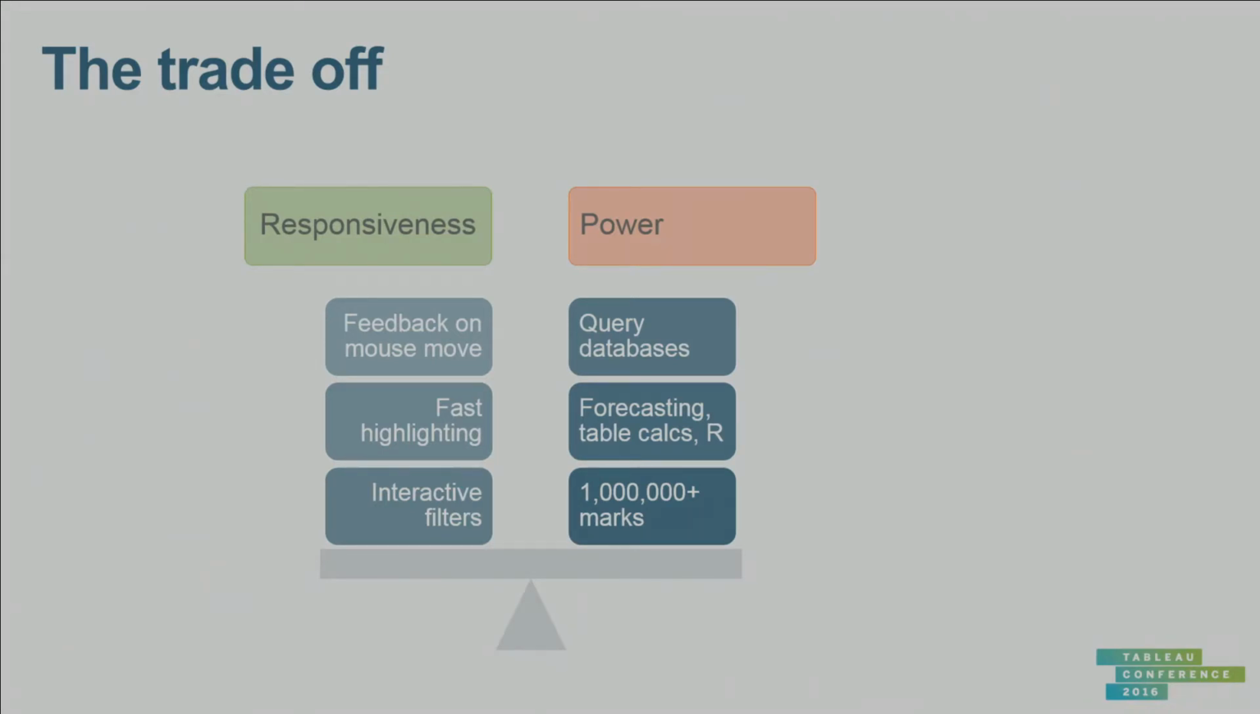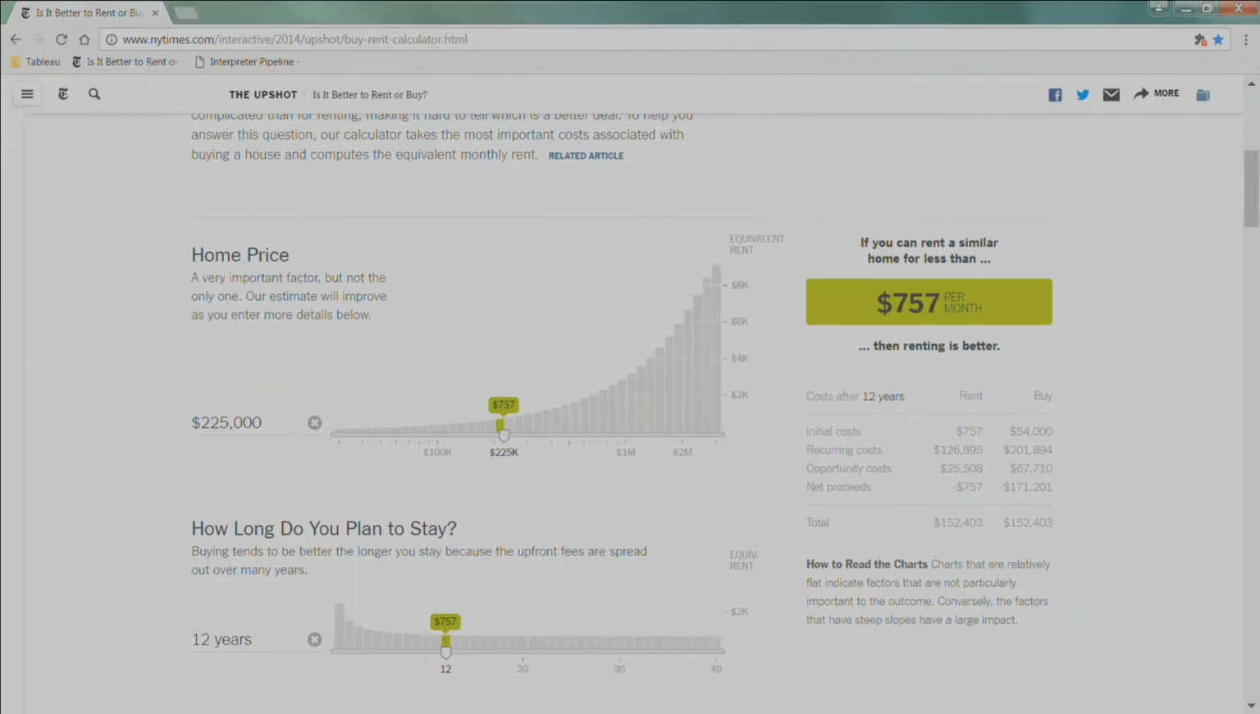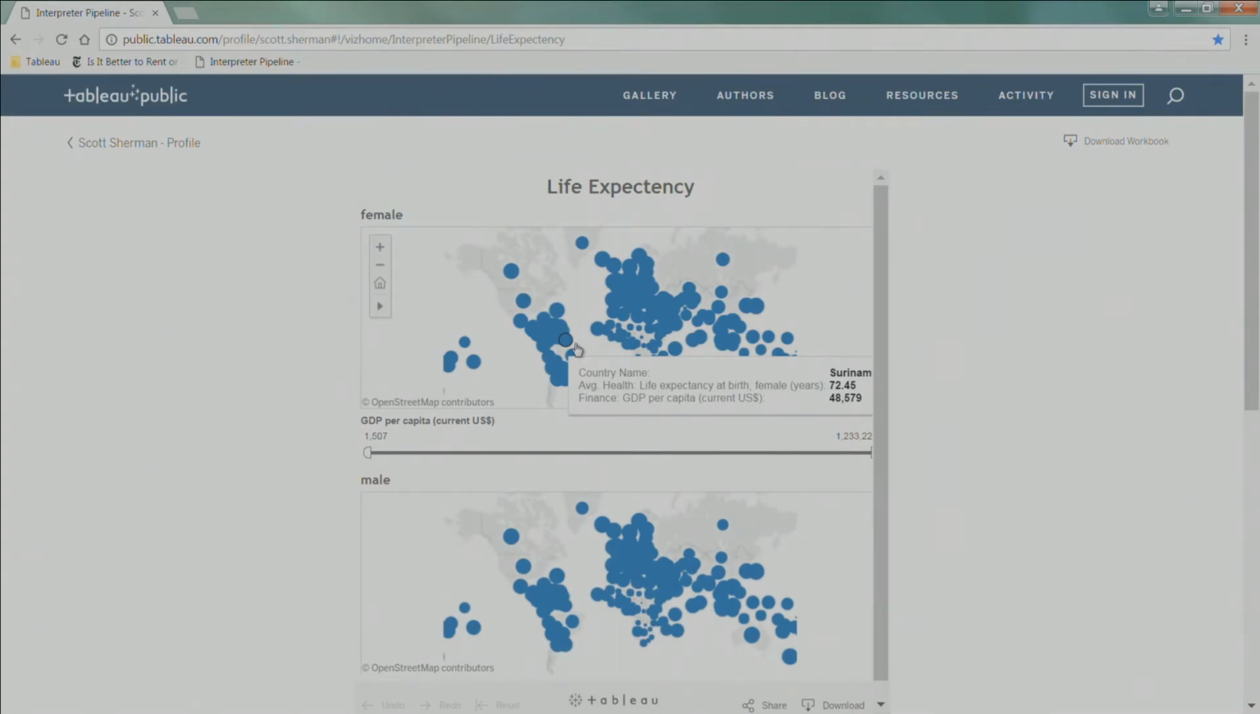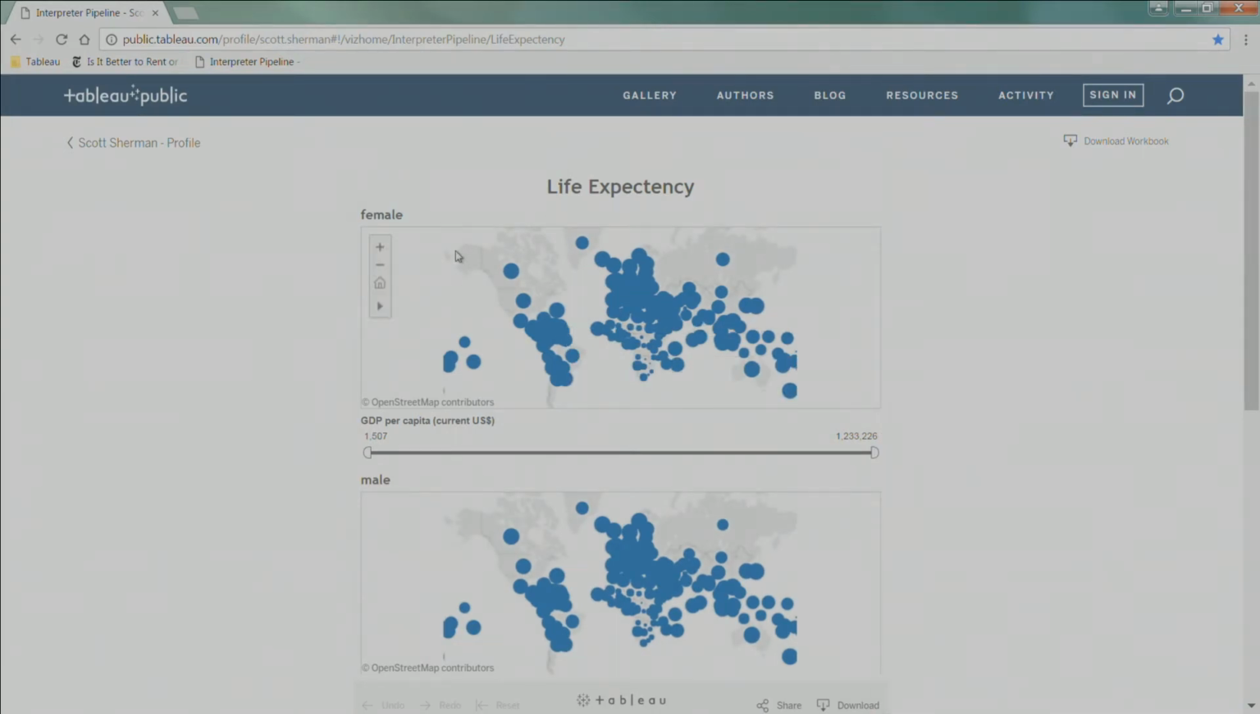But one of the things, Tableau can do a lot more. We've queried lots of different databases. We have lots of complex calculations that we can do. So it's an interesting trade-off between the responsiveness and the power. So here's Tableau Public. Here's a viz that I published that is showing the life expectancy of different countries around the